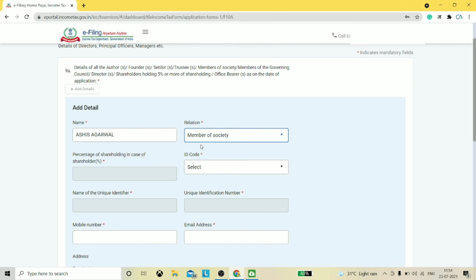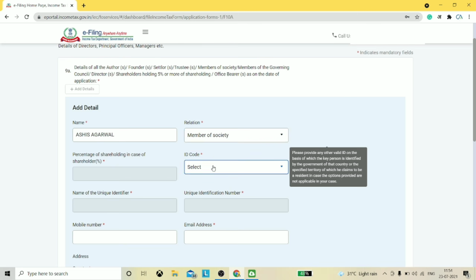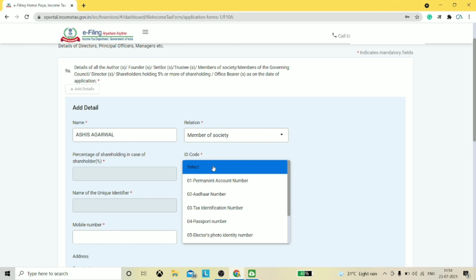Now comes the ID code. The ID code is to be selected from the drop down list on the basis of the document number you wish to provide as an identity or address proof of such person.